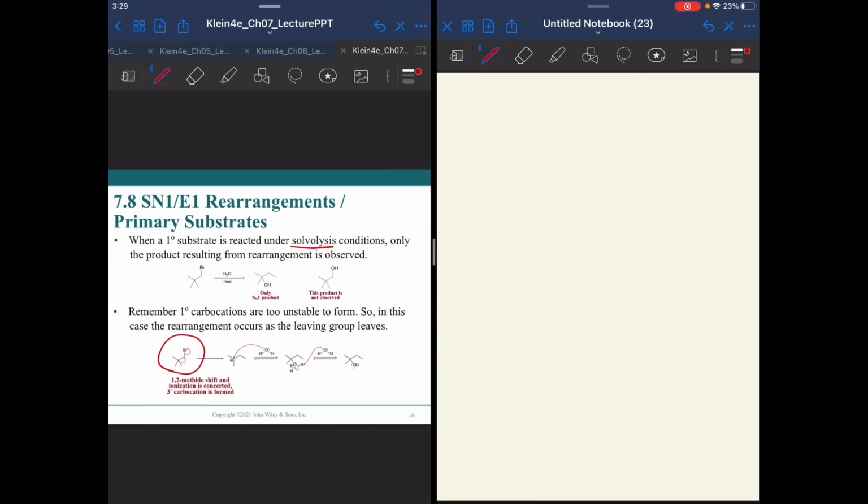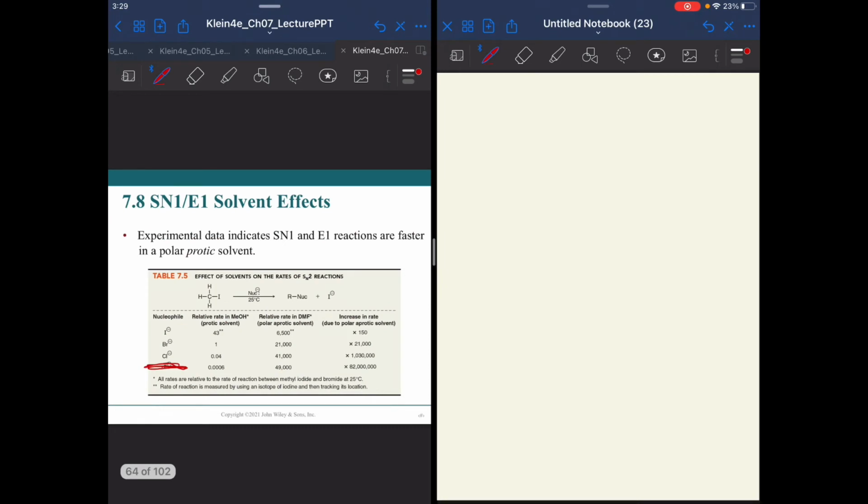You may also notice that these are called solvolysis reactions because your reagent is also your solvent. Now, thinking about the solvent, right? We know that the SN2 reaction prefers or goes faster in a polar aprotic solvent. And we see that here in this chart, this discussion. Why does that work better? Well, because you are not going to be solvating that nucleophile as much, and so it's more free to